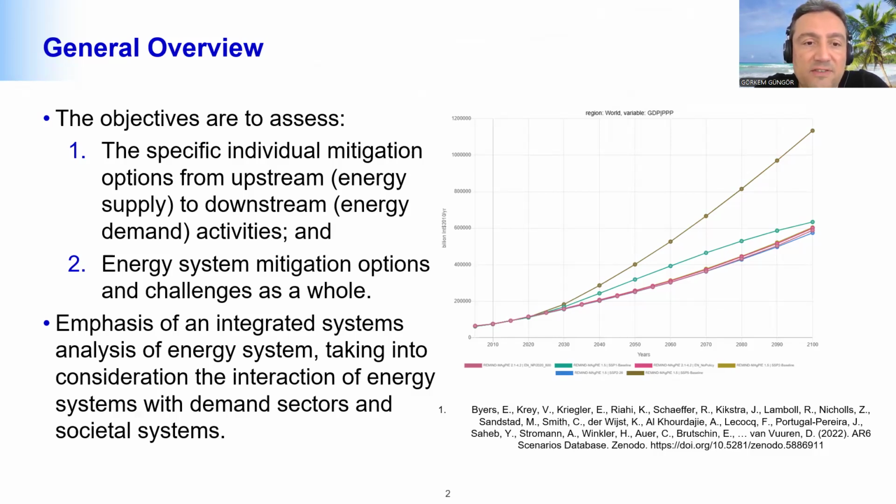The emphasis here is to have an integrated system analysis of the energy system, taking into consideration the interactions between the energy systems and the social environments, which includes the demand sectors, their trends, and social systems and socio-political and economical systems. In chapter 6.1, there's a figure where from the 6 assessment report database, I have extracted the assumptions used